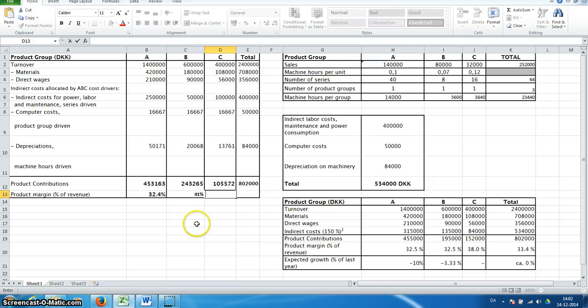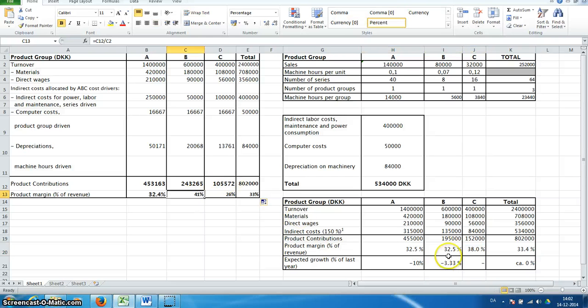Actually, we can just drag this calculation over there, and we get a contribution margin of 26%. We can see that they are quite different from these product margins. Product B is actually quite a lot more profitable than we thought, and product C quite less profitable than we